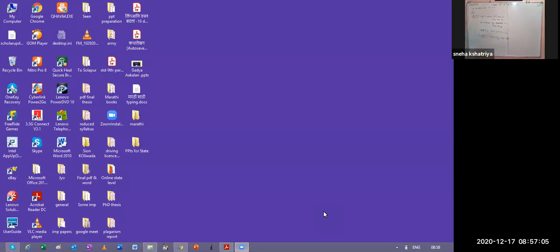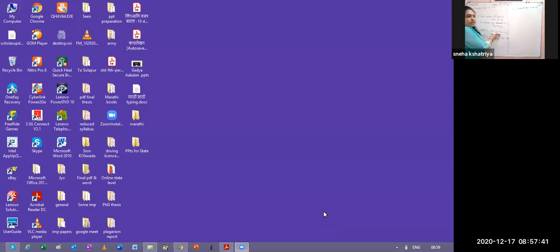So by any one method you can find the values. There are 2 methods given to you: one is the elimination method and the second is the substitution method. I guess the substitution method is quite easy, so we can use the substitution method. So here we will write, by substitution method. What we do in the substitution method is, from one equation we find out the value of any one variable and we put it in the other equation.